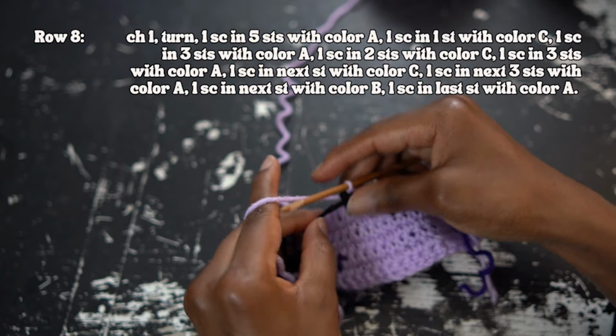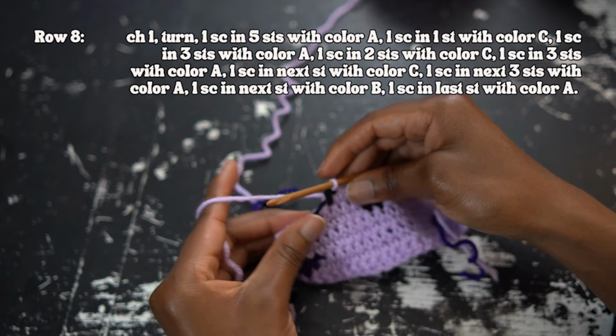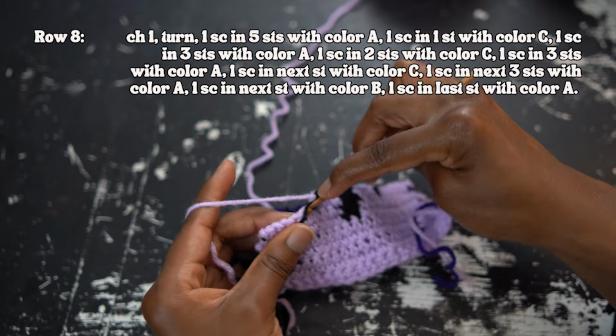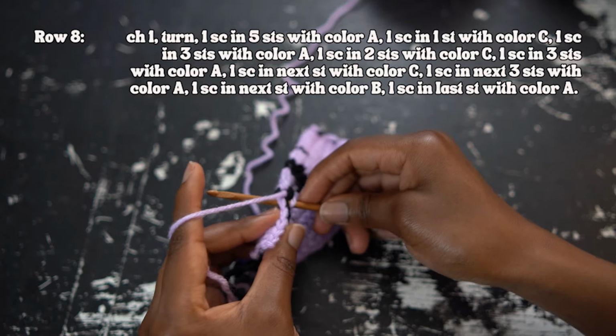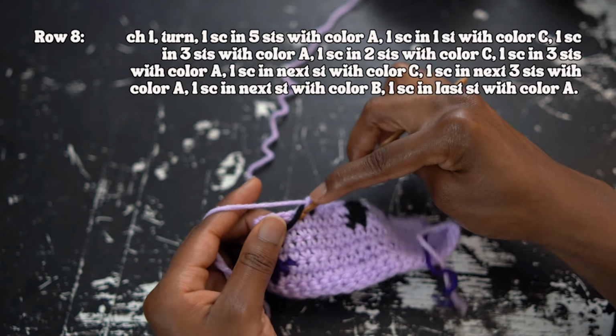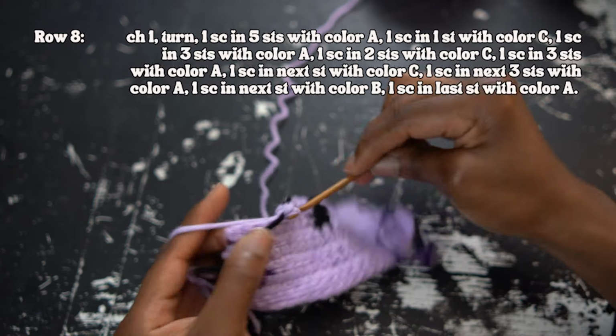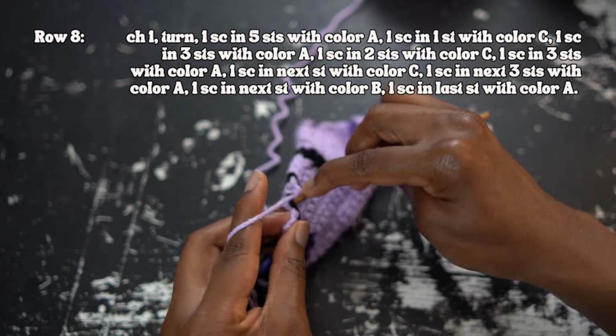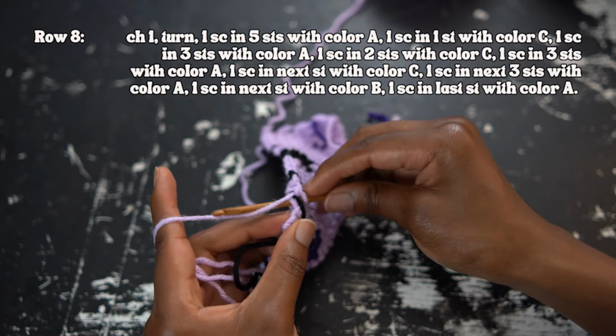Now we're going to work the next 3 stitches with the light purple, but then we're going to switch for a moment to dark purple. So we're going to start off by working that next stitch with purple. That's 1, 2. Now for this 3rd stitch, we're going to start it off with the light purple, so yarn over, pull